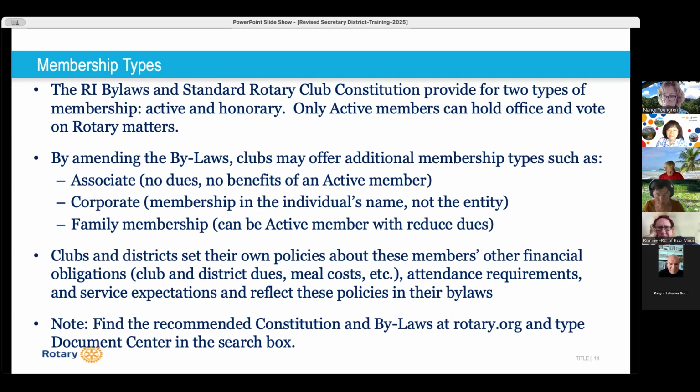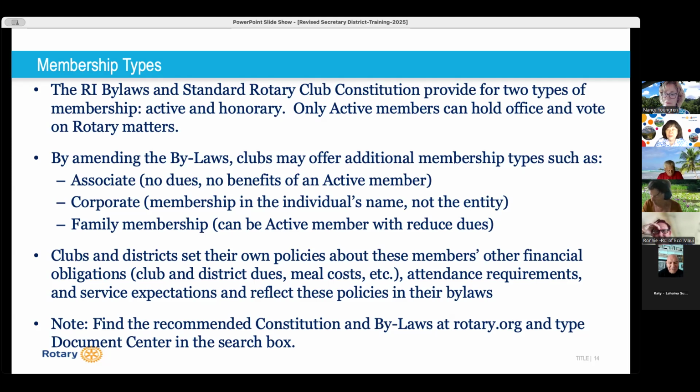So I brought it up to the board the other day just to think about it, but we've got to figure out a way, whether they pay a reduced fee or we give them an honorary. But I mean, they're really promoting the future Rotarians of our next generation. So, any thoughts on that, Naomi, on how we could do that? Honorary would be good because they're not paying dues, and the Rotary, you're not charged for their dues. Okay. Or maybe just reduce dues, like maybe $100 a year.